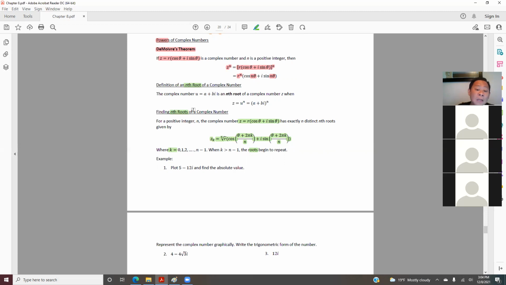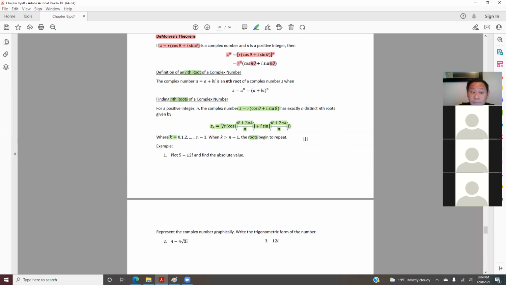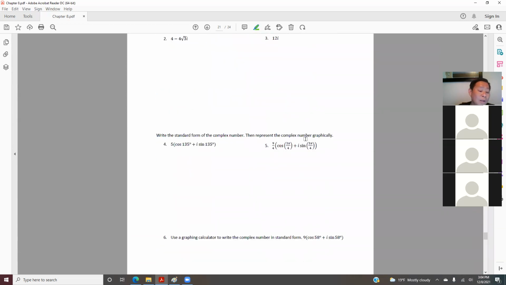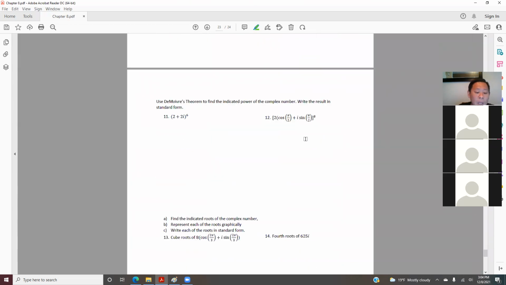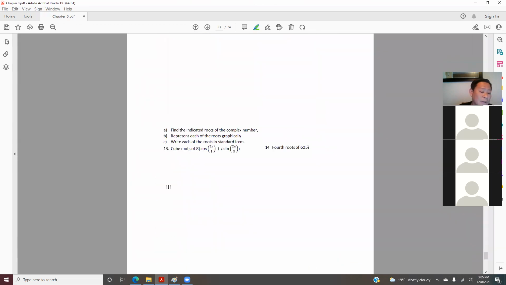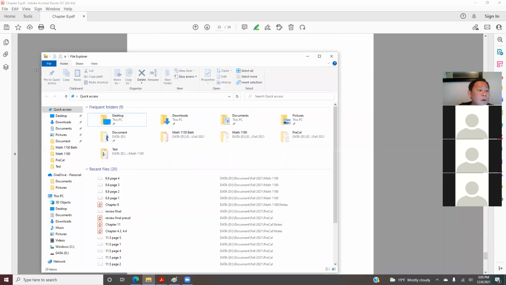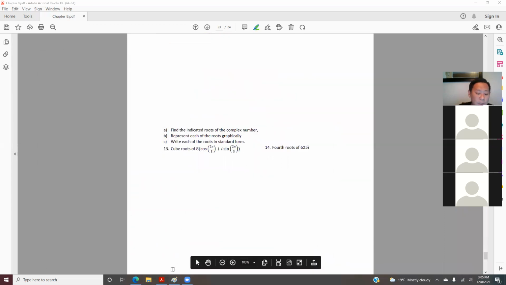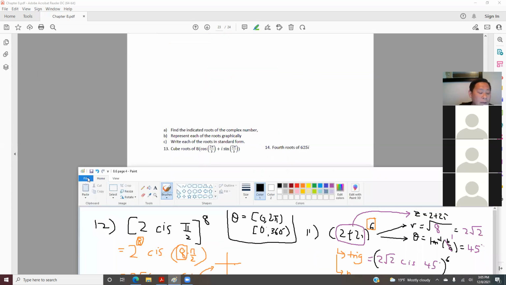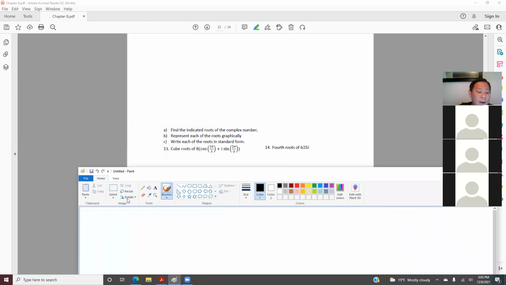So again, in order for you to find the nth root of this, you will first put it in the CIS form and then apply this formula. Okay, I will show you what I mean here. This is something like number 13 or 14 here. So for question number 13, they want you to find the cube root